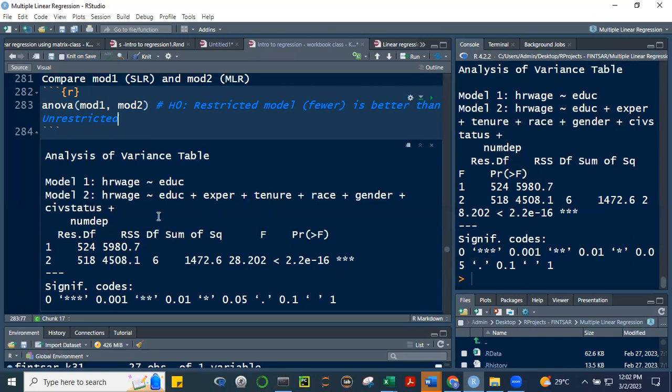Meron tayong 7 na predictors. Okay. Is this clear, class? Tong ANOVA na to? If you're testing between, by the way, class, yung ANOVA natin, kailangan pareho tayong dependent variable ang kino-compare, no? Kunyari, hindi pa pwedeng nag-log tayo dito, log hourly wage, tapos yung isa hourly wage. Hindi pa pwede yun. We cannot do that because we're not comparing apples with apples. No? So dapat magkapareho talaga sila ng dependent variable.